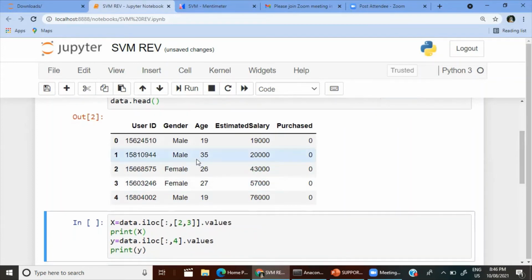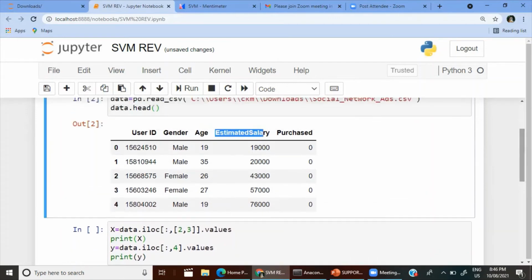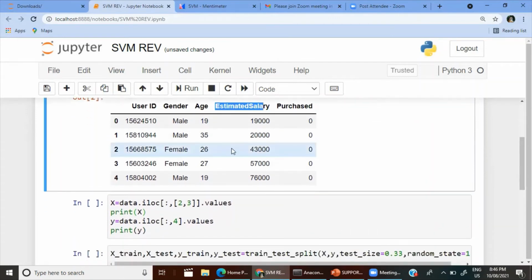As I've told you, user ID and gender we are not going to use. We have to split age and estimated salary from this whole data frame, so that we can do the classification based on these 2 features, but not 4. 4 is given here, we are selecting 2.